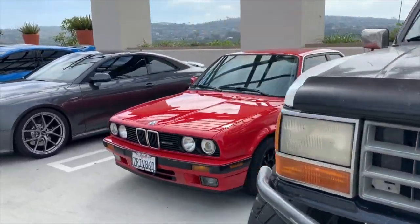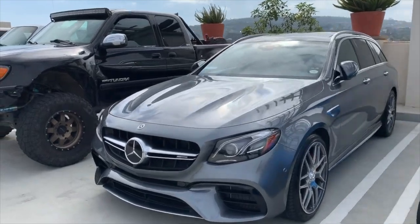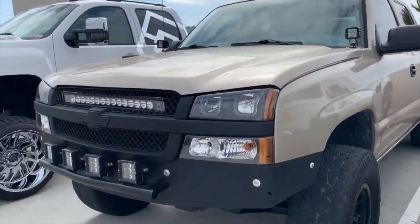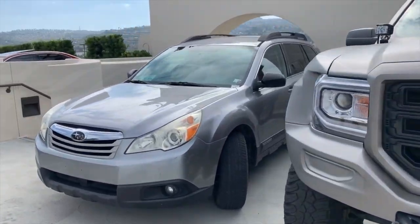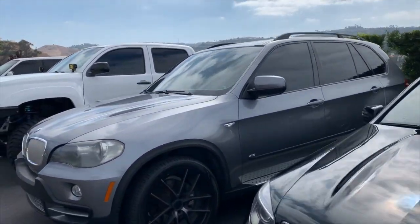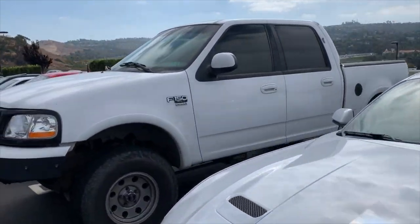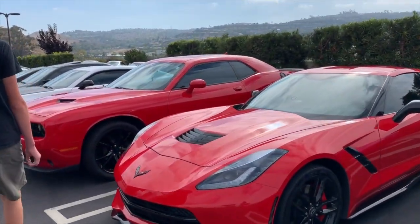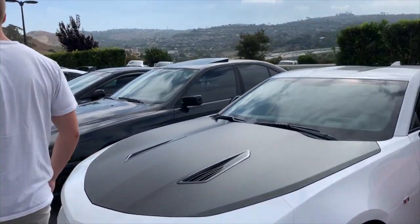Ford truck, BMW, Audi, Focus RS, love that blue, AMG wagon, that's cool to see, Tundra, all the trucks along here, Ford, another Chevy, big Chevy here, all lifted, GMC, love those flared front fenders, they look great. Then some Mercedes, three of them through here, BMW, some serious wheels on the front of that thing, Tacoma, big lift and big wheels on that too, Mustang, F-150, a Subaru BRZ, nice carbon fibre hood on that, C7, and then a Challenger, and then a Gen 6